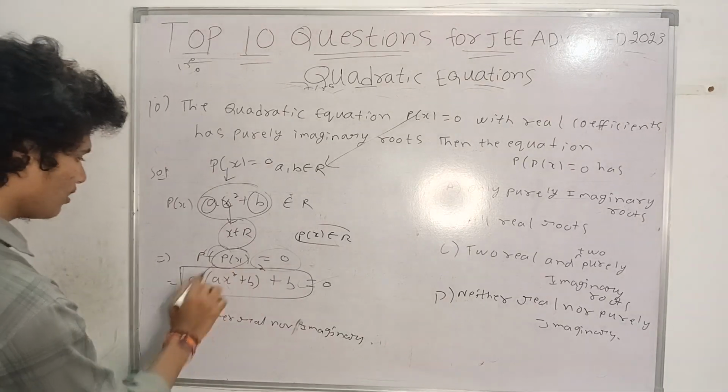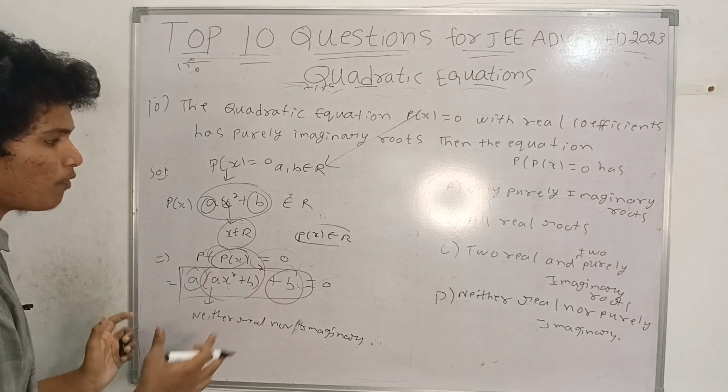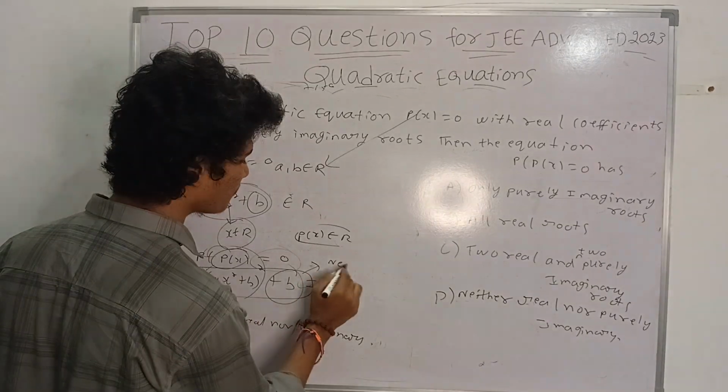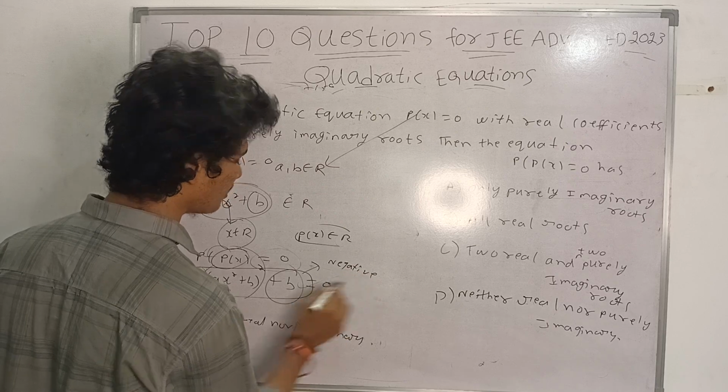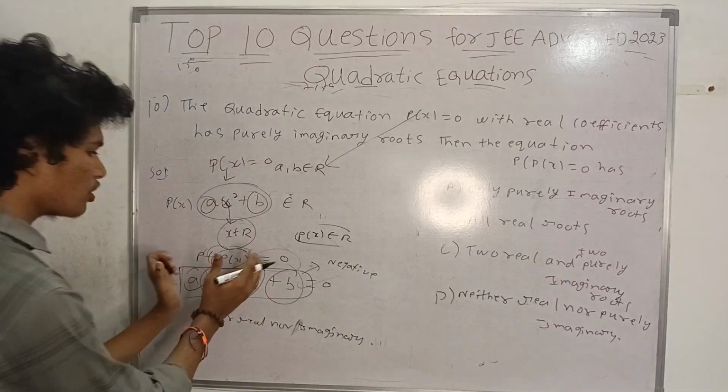Because this is a square and these are positive terms here. The sum of positive terms cannot be negative. That is, because this is positive, this is positive,